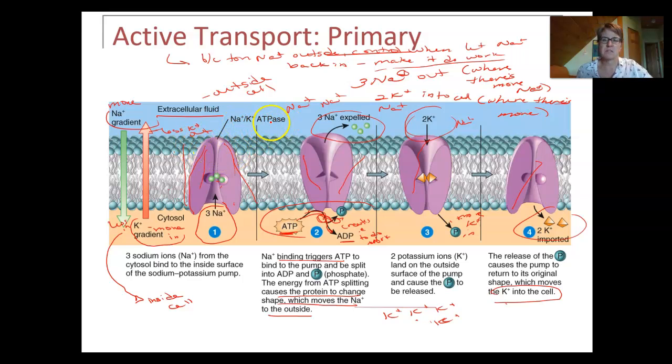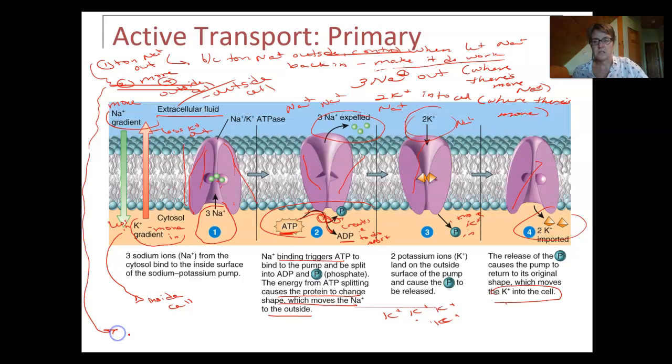But let's see. So I'm pumping a ton of sodium outside, right? So 1, a ton of sodium outside. And then 2, I'm pumping 3 pluses out and bringing 2 pluses in, right? So there's going to be more plus outside the cell. Oh, buddy. What did I just create if I have more of an ion outside the cell and more of a certain charge together? I've run out of room to write it, so I'm going to write it all the way down here. Together, because there's more sodium outside than in, there's more pluses outside than in, I have created